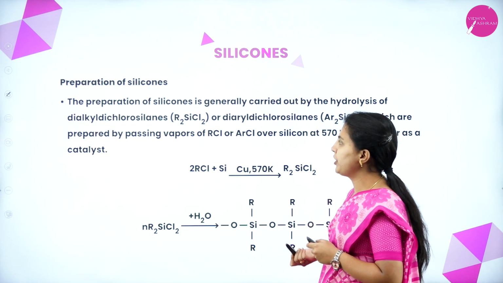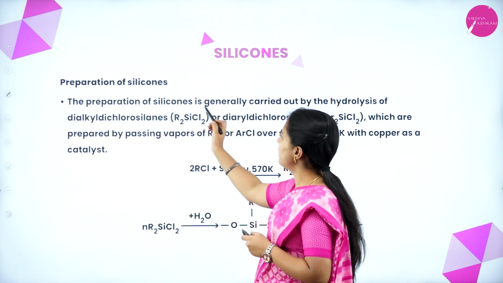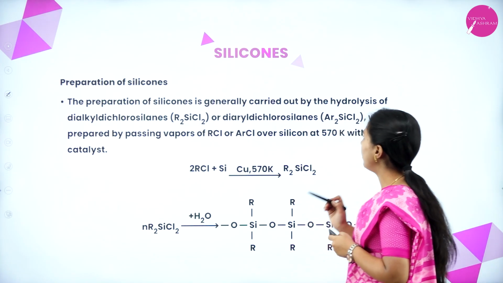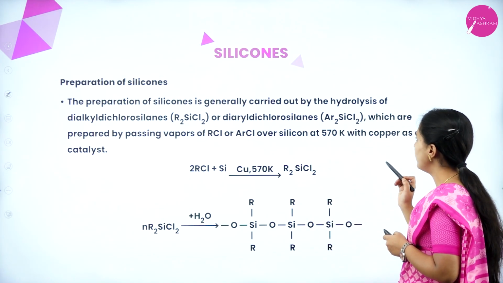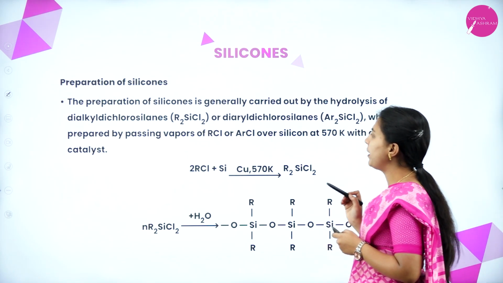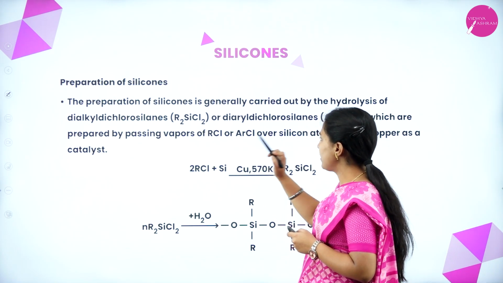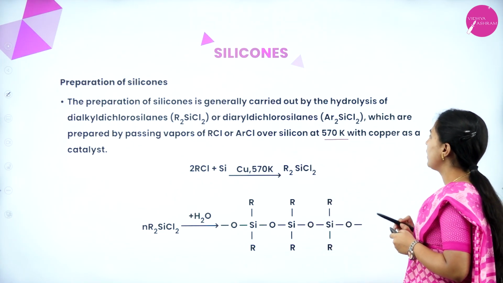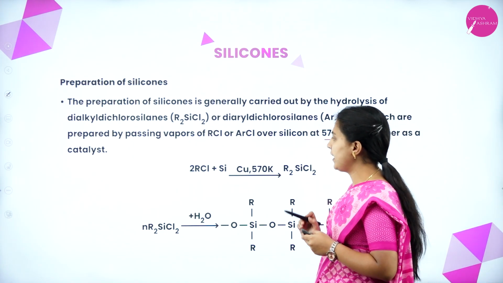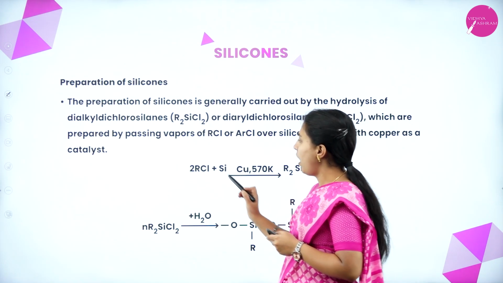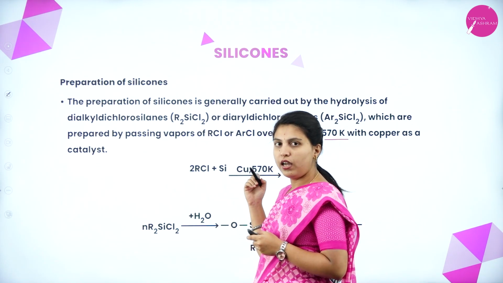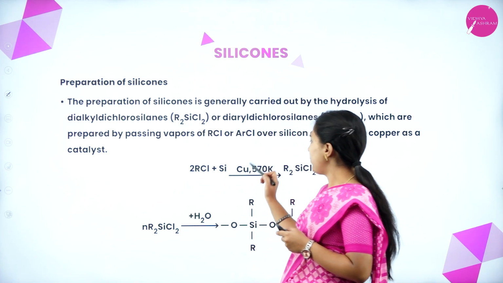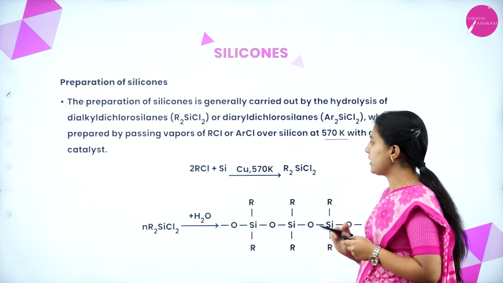Okay. Next, preparation of silicones. The preparation of silicones is generally carried out by the hydrolysis of dialkyl or diaryl dichlorosilanes, which are prepared by passing vapors of RCl or aryl Cl over silicon at 570 Kelvin with copper as a catalyst. See here, RCl or alkyl chloride with silicon in the presence of copper as a catalyst at 570 Kelvin,